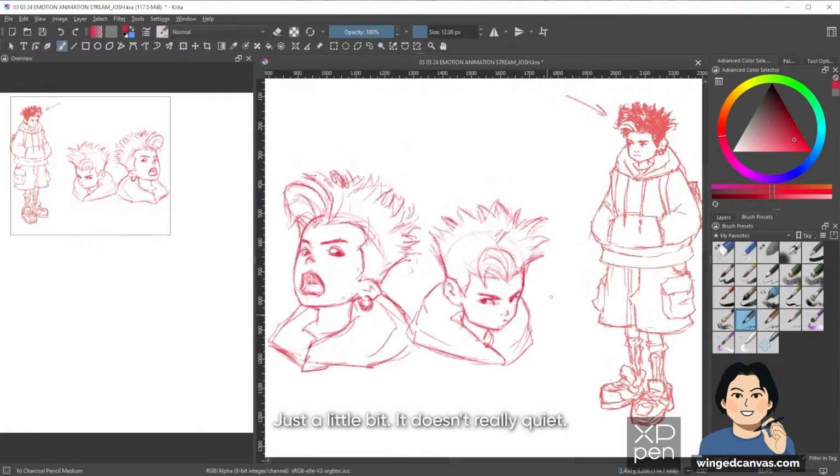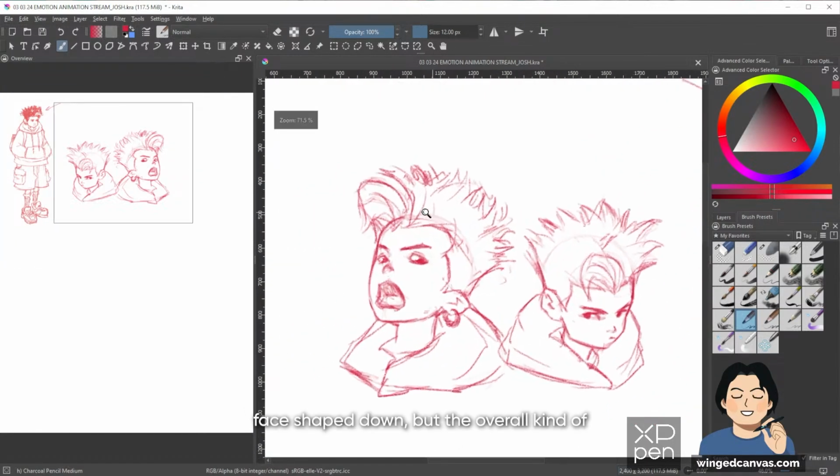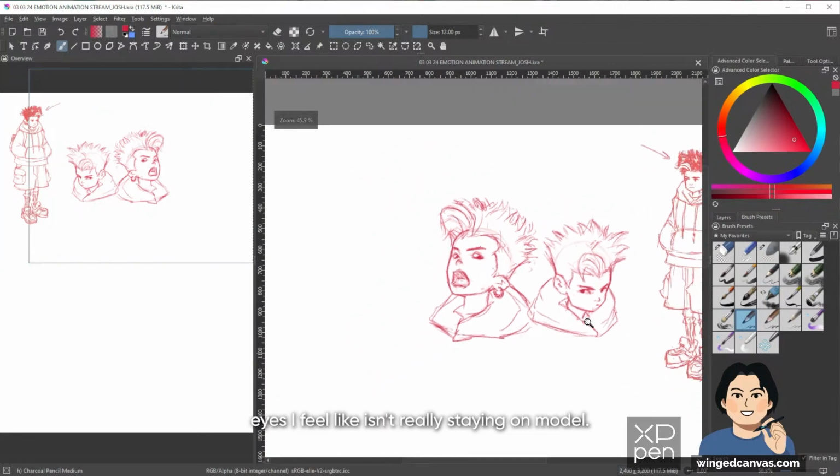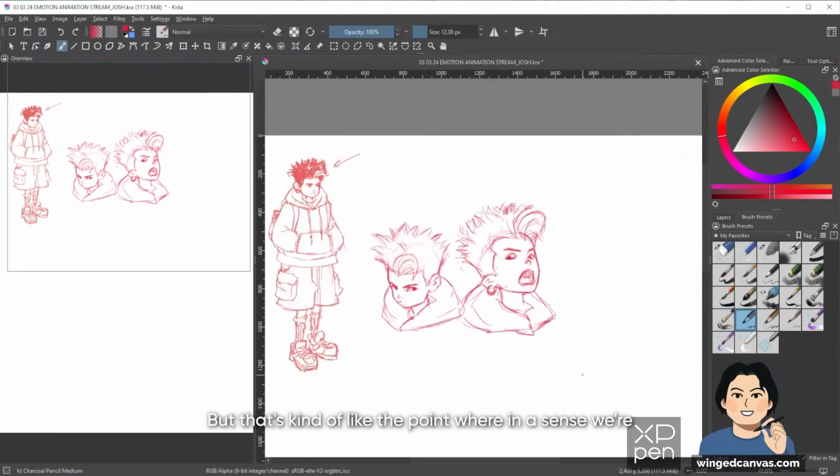I feel like I've got the hair and the rough face shape down, but the eyes aren't really staying on model, but that's kind of the point. We're in the exploration phase of this character, so it's gonna be a little bit inconsistent.